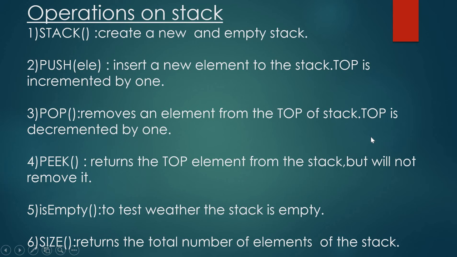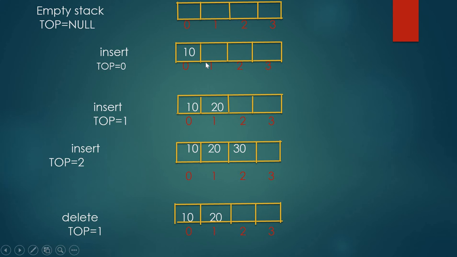Next we can consider the representation of the stack. See, the first stack is empty. Here MAXSTK is 3. The number of elements is 4, but MAXSTK is 3. In this case, top is equal to null, that is, there are no elements in this stack. Stack underflow. Stack is empty means